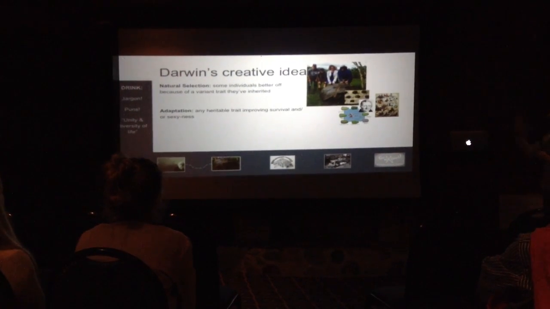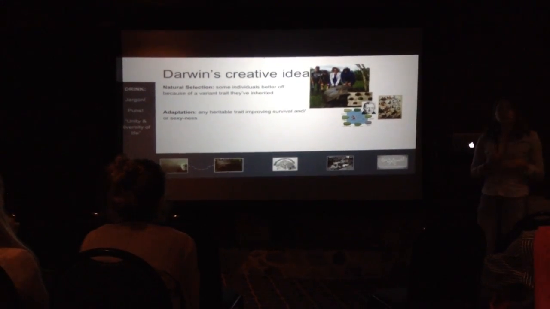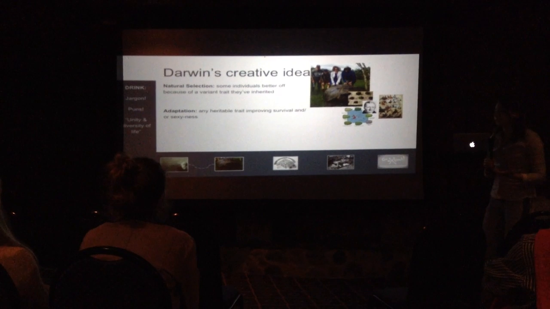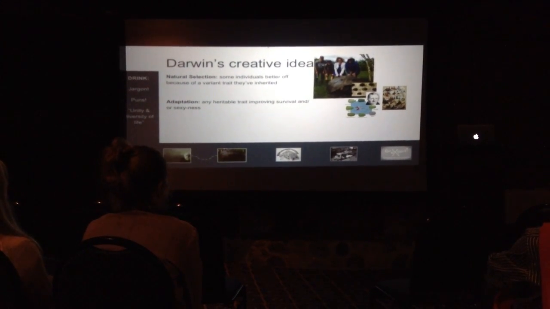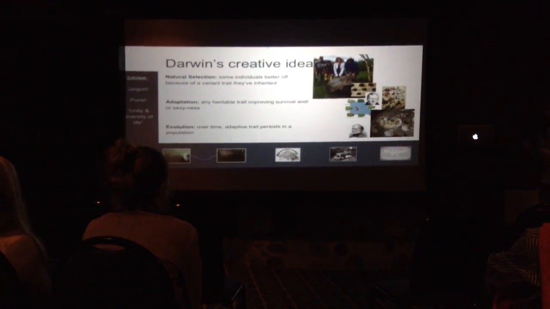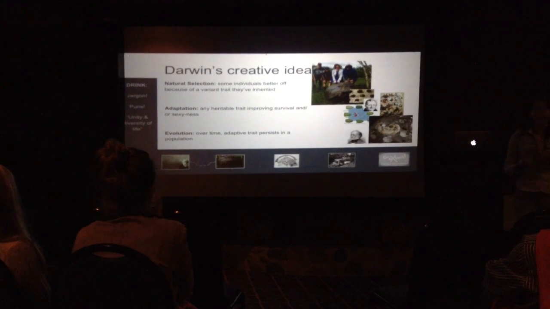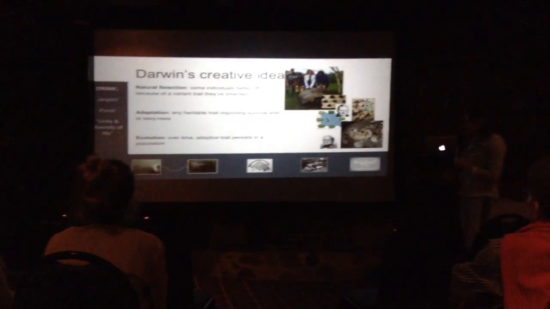And the idea that comes from this framework is that the traits that are most likely to get passed on are the ones that are adaptive. Those are the ones that are improving the survival and sexiness of that individual. And so then here's where another influence of Darwin's time and of his context comes in, this is Charles